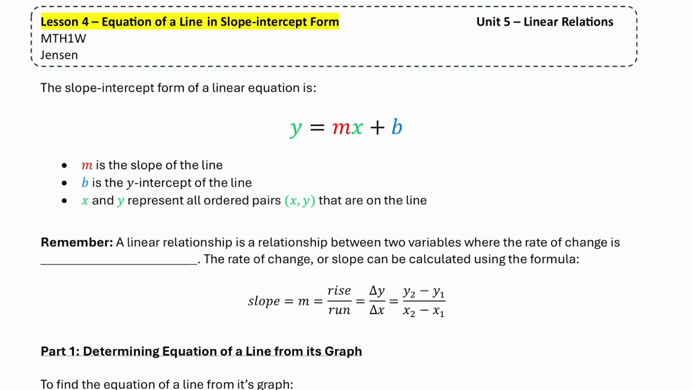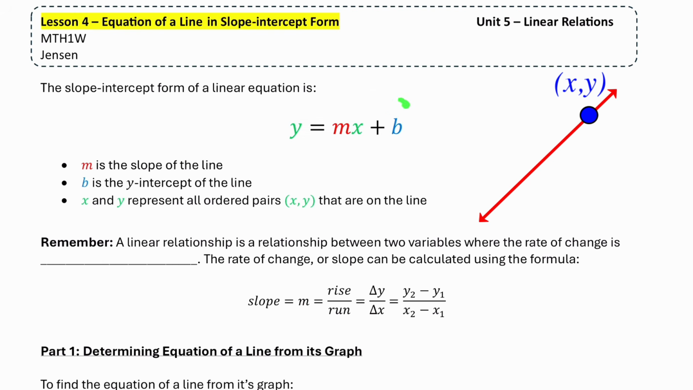Here's a lesson on the equation of a line in slope-intercept form. The slope-intercept form of a linear equation looks like this: y equals mx plus b. The relationship between the x and y values of all of the points that make up any line can be